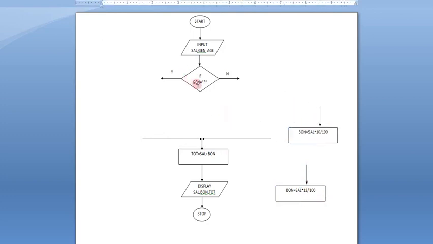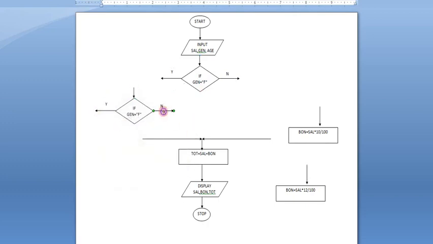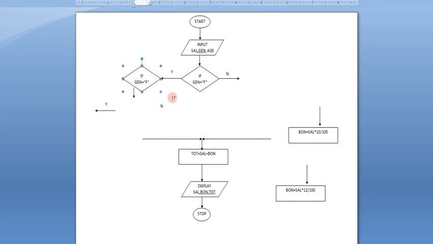So we have to take one more decision box. I'm just copying this side. Fine. And grouping to remove some of it from there. So this line I don't require. So now putting here, what to do now? Gender is female. Yes, female. So what to do now? We have to check one more. Age is greater than or equal to 40. Means the person is female, and we are going to check whether the age is greater than 40 or not. So let me make here no and let me make here yes.